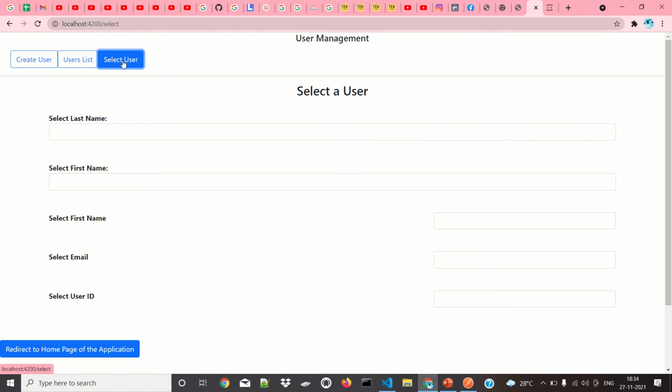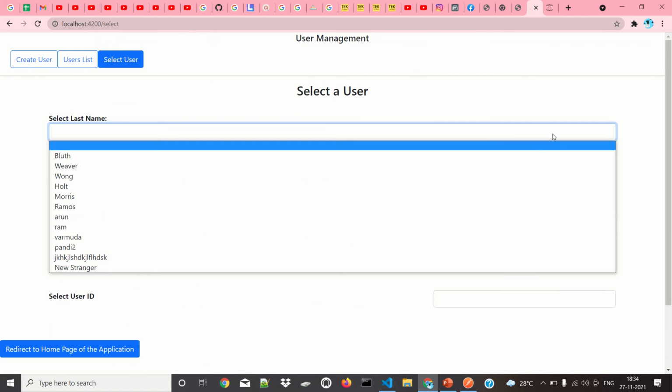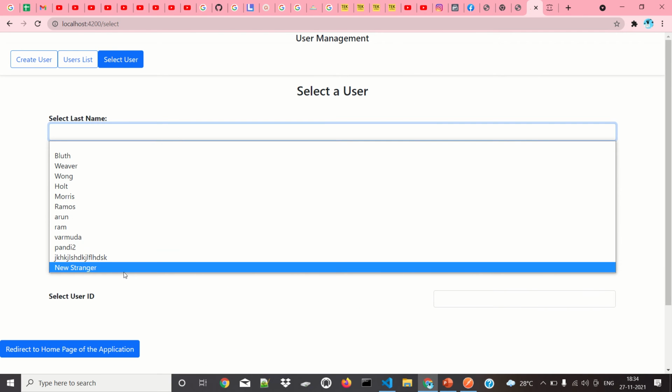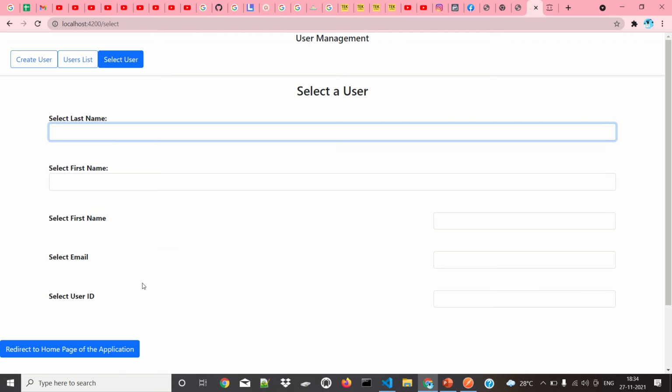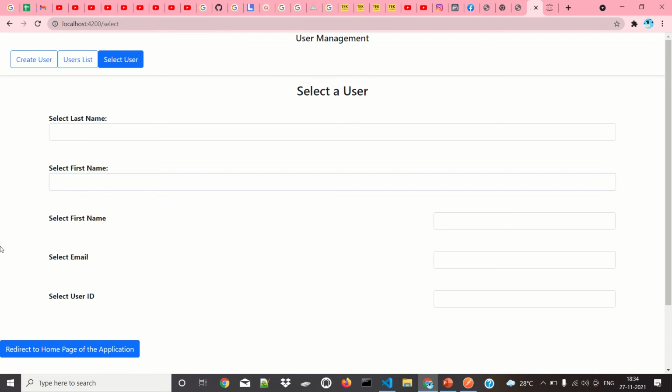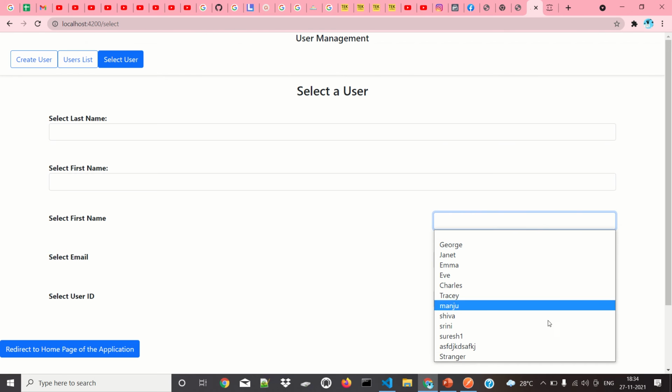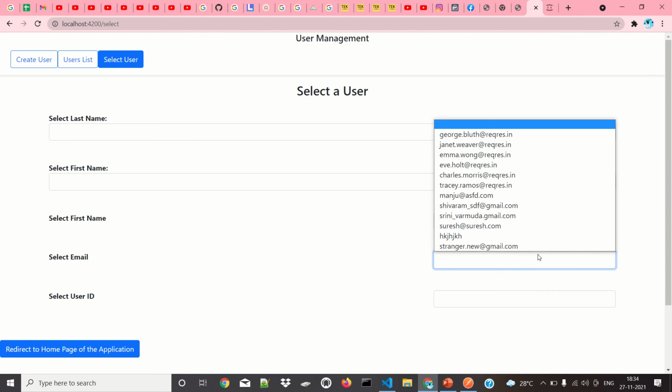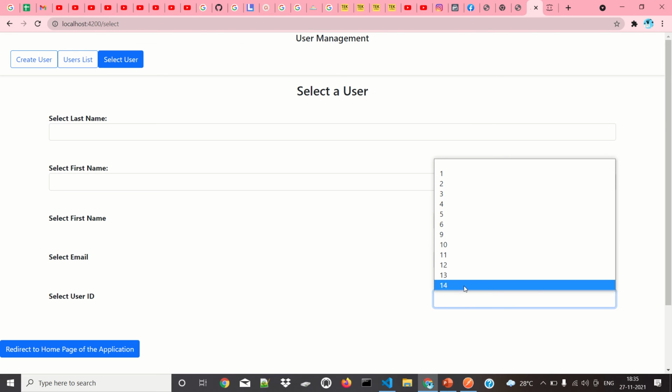Then we can go to the select user. We will see stranger is present here, last name is present here, and first name is present here. First name again is present here. Architecturally, this first name and this first name behave differently. In the email also stranger.new is present, and user ID 14 is present as well.